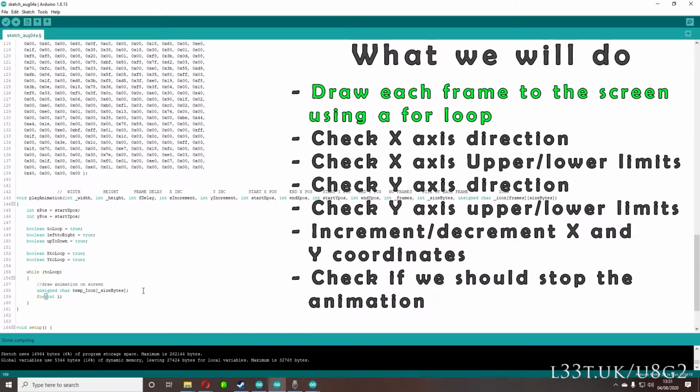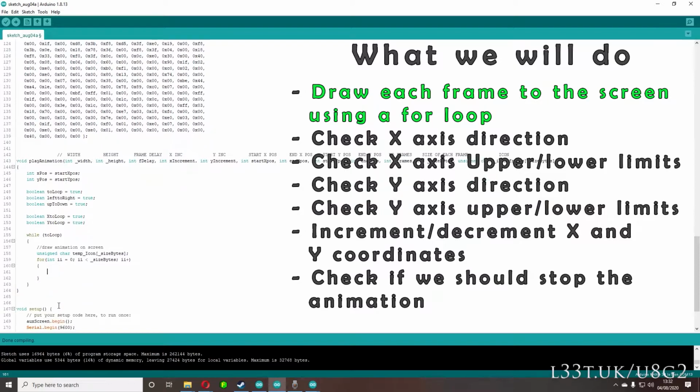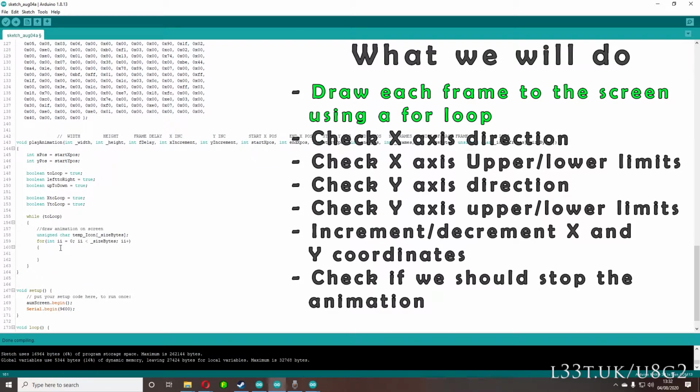So we'll have for i equals 0, i is less than size bytes. Cool. So what we're doing there, saying we're going to loop through this for loop until i is the same size as size bytes, and every time we increment we're going to add 1 to i. So what we're going to do here is we're just going to do temp icon,